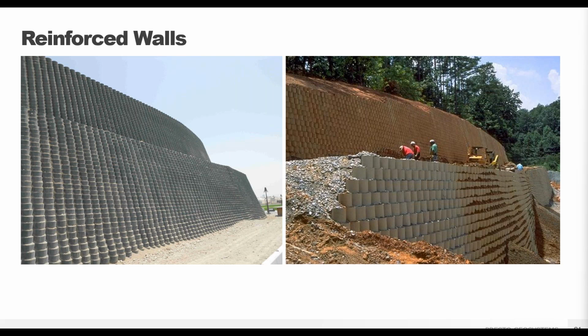While reinforced walls are not limited in height, it's a good technique tip to use multiple tiers of shorter height walls rather than a single wall tier. This is because the length of the reinforcement may become too great with a single tier. The ratio of wall height to reinforcement length is about 70%.